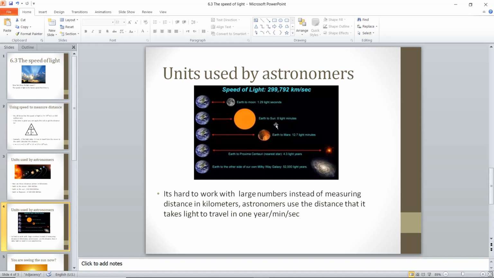To calculate the distance in kilometers, you can multiply this time by the speed of light. You will get 150 million kilometers. But instead of 150 million kilometers, we can say that the distance between the earth and the sun is equal to 8 light minutes. This is the distance. Okay,